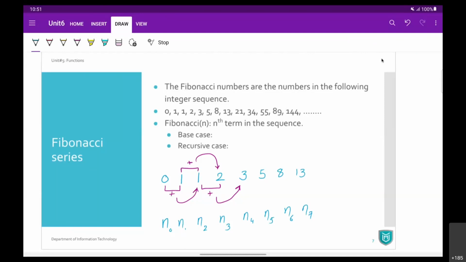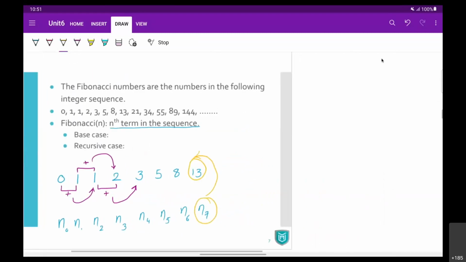So now look, you can print Fibonacci series using recursion also if you want. And what we are going to see here is we are going to have an example where we want to find nth term in the sequence of Fibonacci series using recursion. I want to find out that term. Okay. So let's say if I want to find out the seventh term, right, n7, then how can I find it?